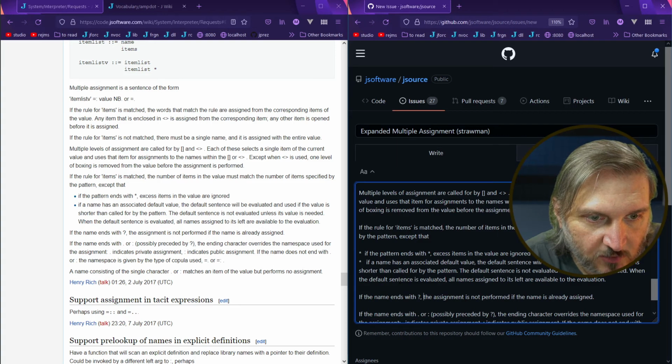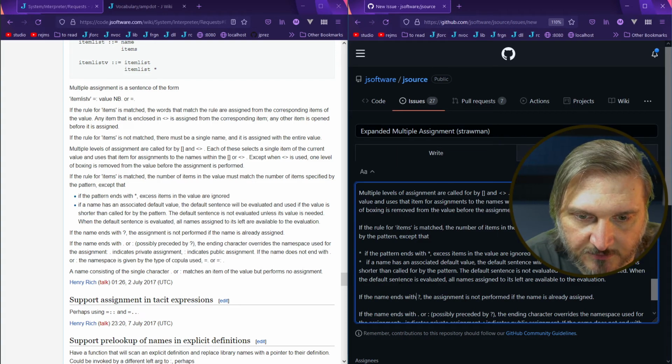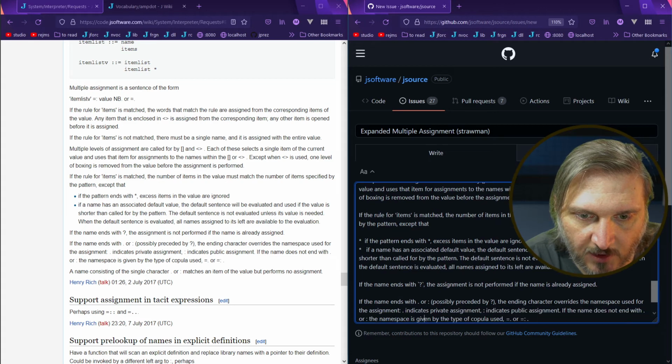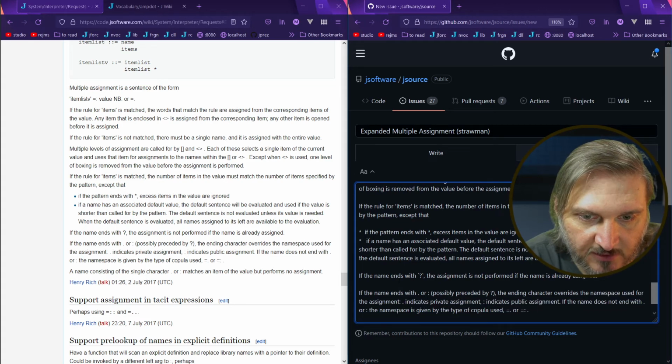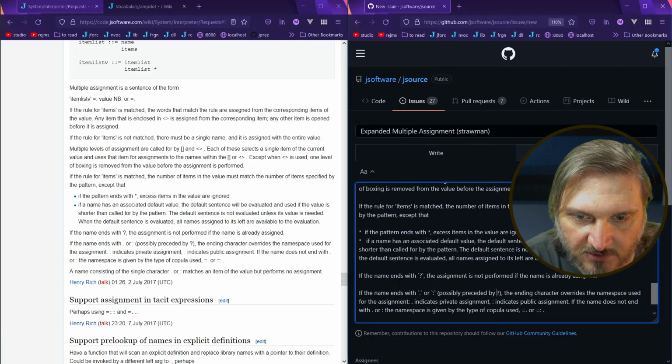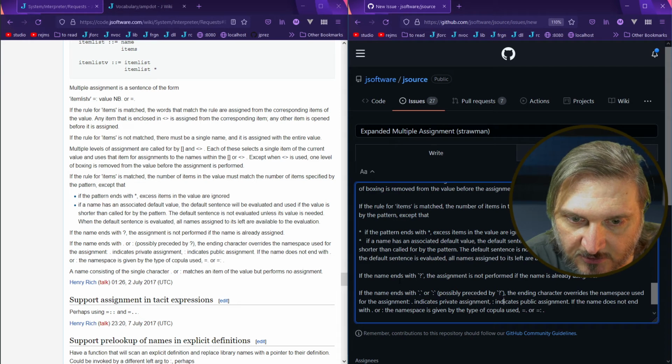The name ends with a question mark. The assignment is not performed if the name is already assigned. Interesting. If the name ends with a dot, or possibly preceded by a dot or colon used for the assignment, the character overrides the namespace used for the assignment. What? Oh, I see. So